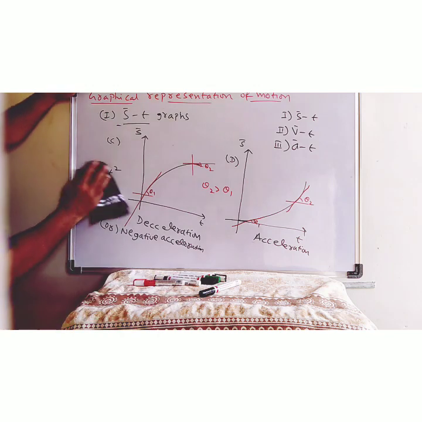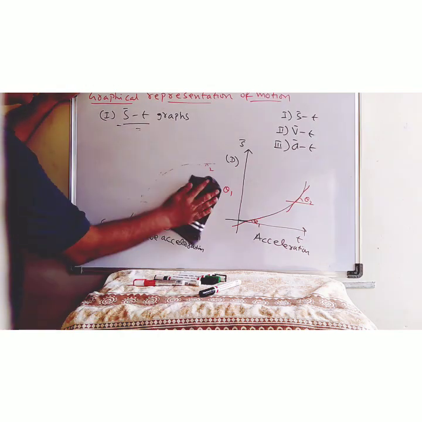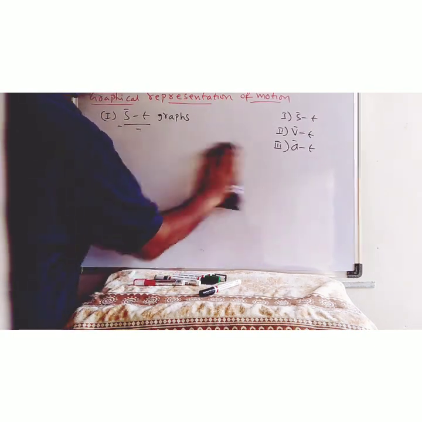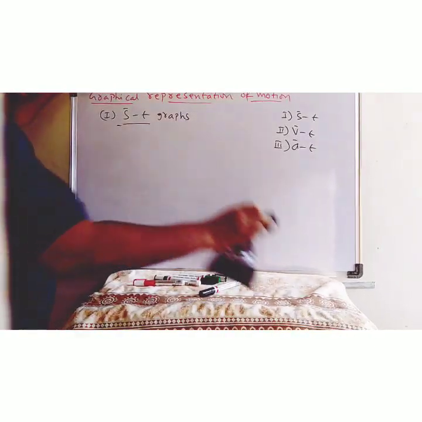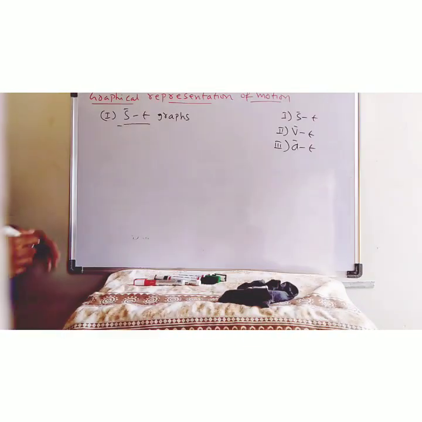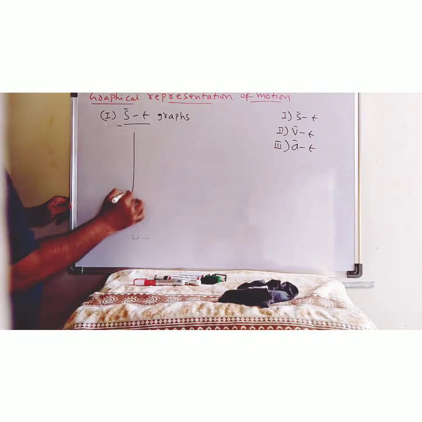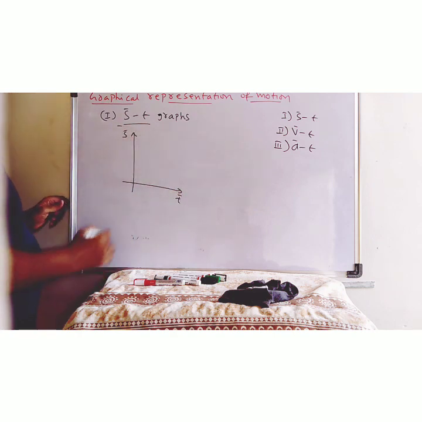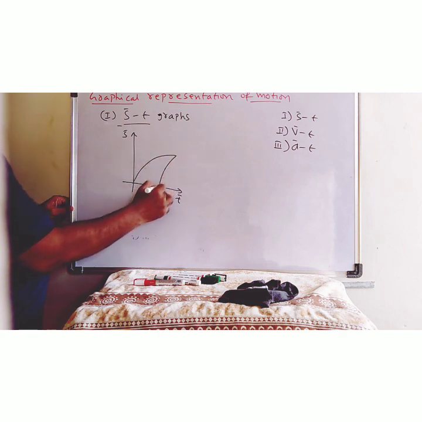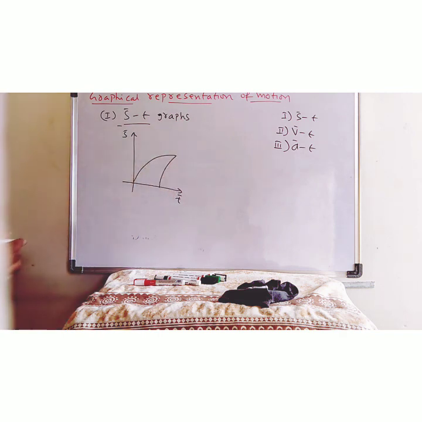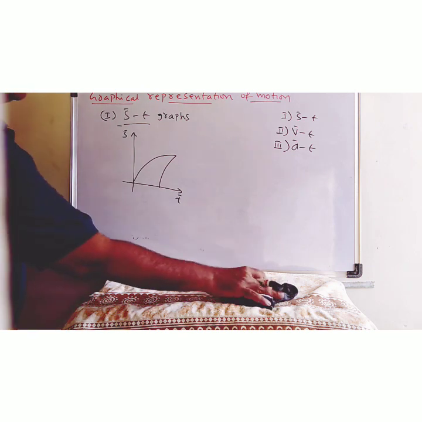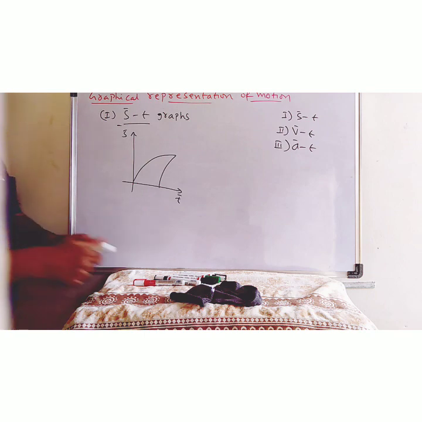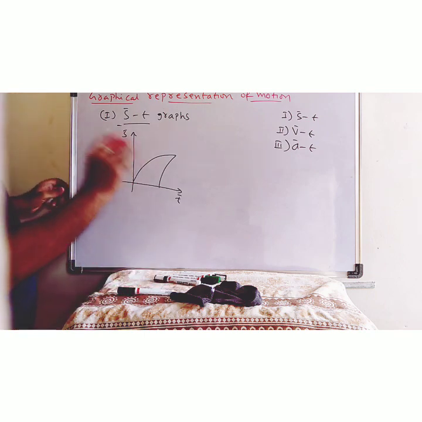Here, either it may be uniform velocity. Uniform velocity means what? The graph is a straight line passing through the origin. If it is acceleration, it's a parabolic curve. Now look at another graph in the displacement time graph. This is displacement, this is time. Suppose they have given a graph like this. Now tell me what this one shows. Regarding this one, there is one problem. Actually, this is called an impossible graph.